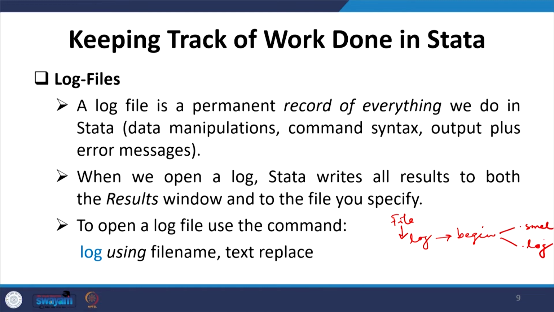We suggest you go for .log. A .log file saves in .txt format, like your notepad file. The other one consumes more space, so it is suggested to go for the TXT format. A log file is a permanent record of everything we do in Stata.